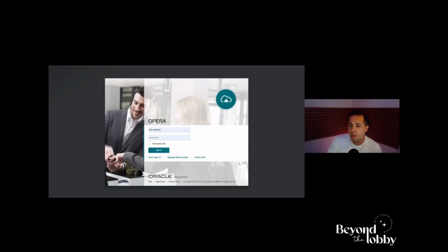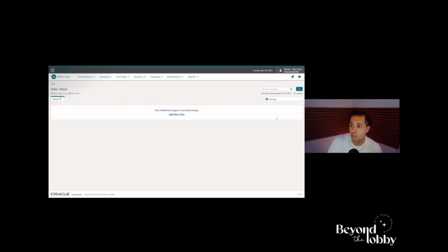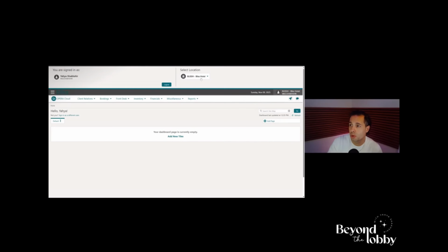As you can see on my screen that is shared right now, this is the login whenever you join a hotel. They will give you a username and password, and then when you log in and sign in, this is basically what you will see. So right here, as it's signing in, I'll show you the location, Bliss